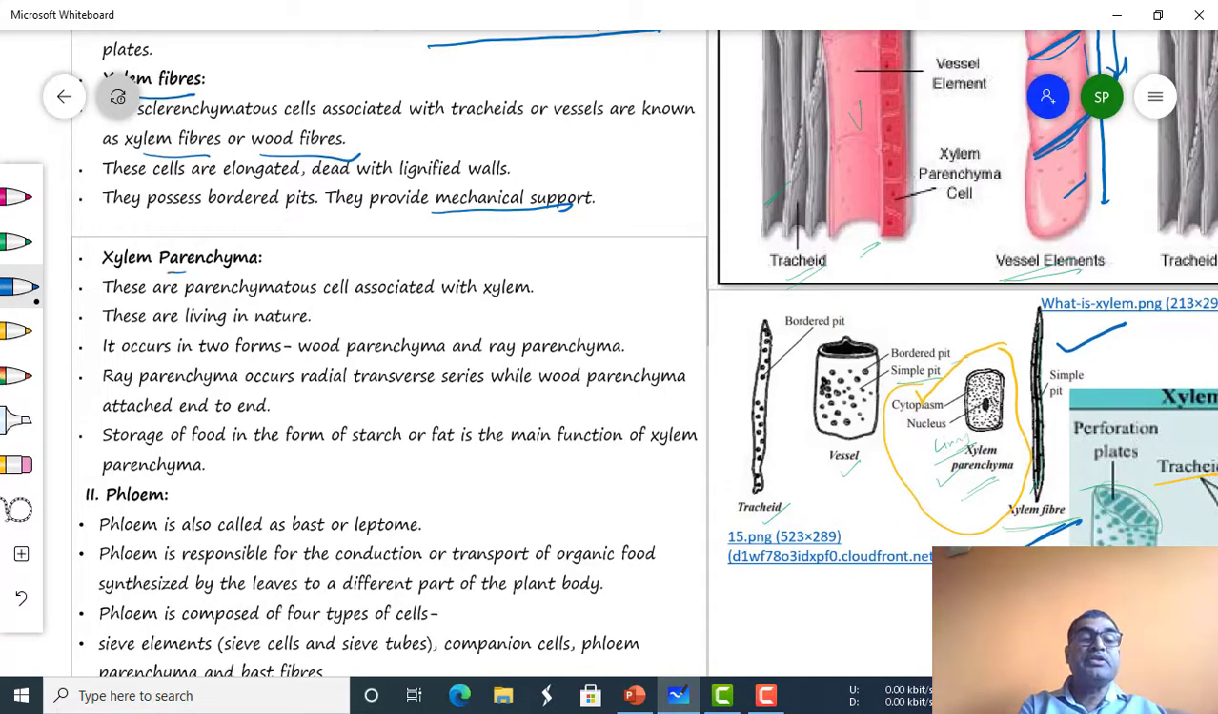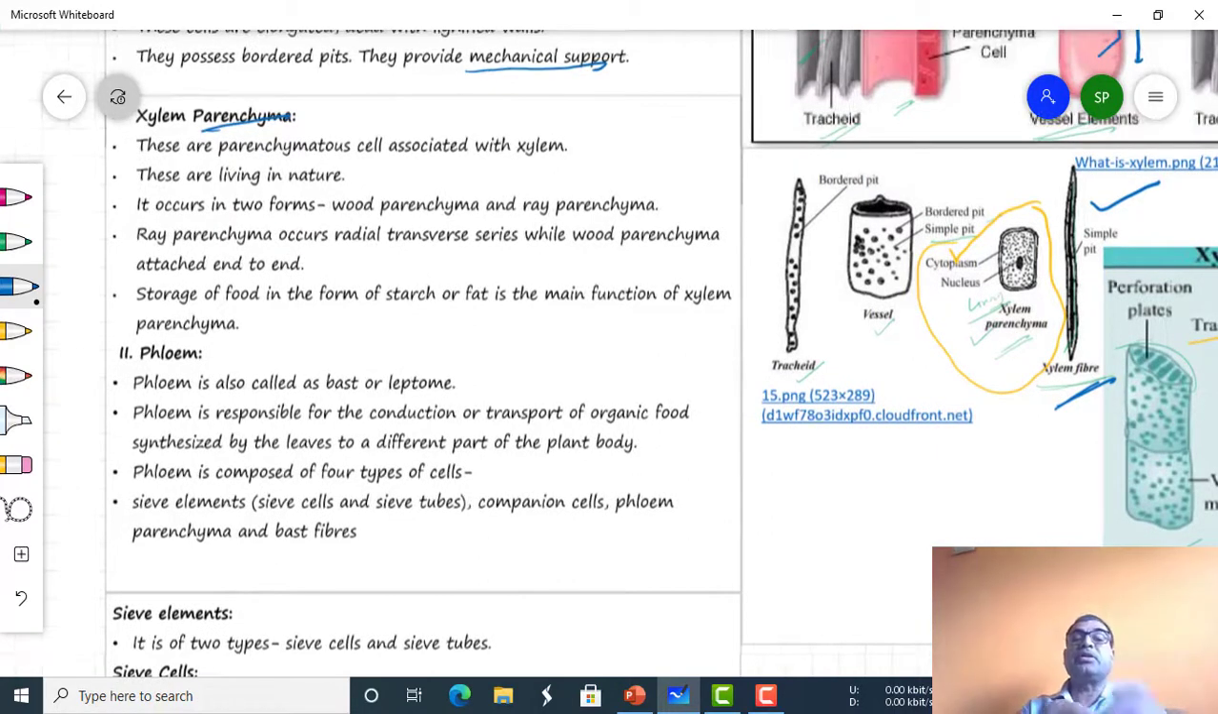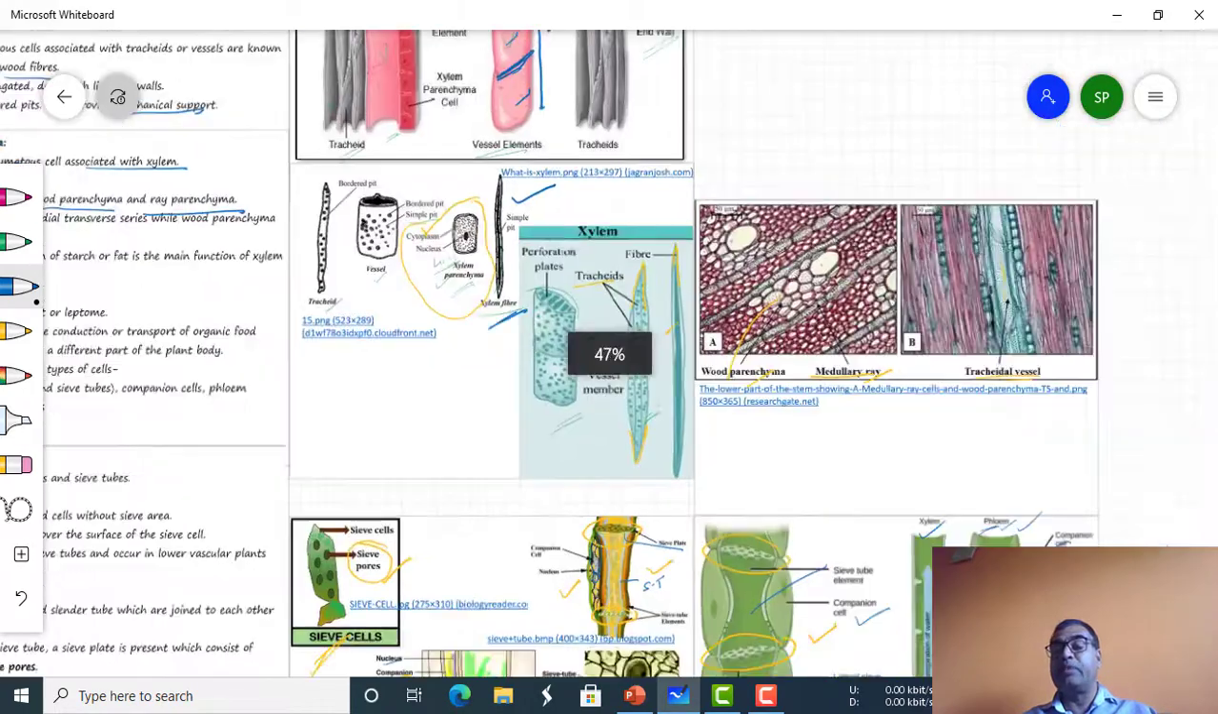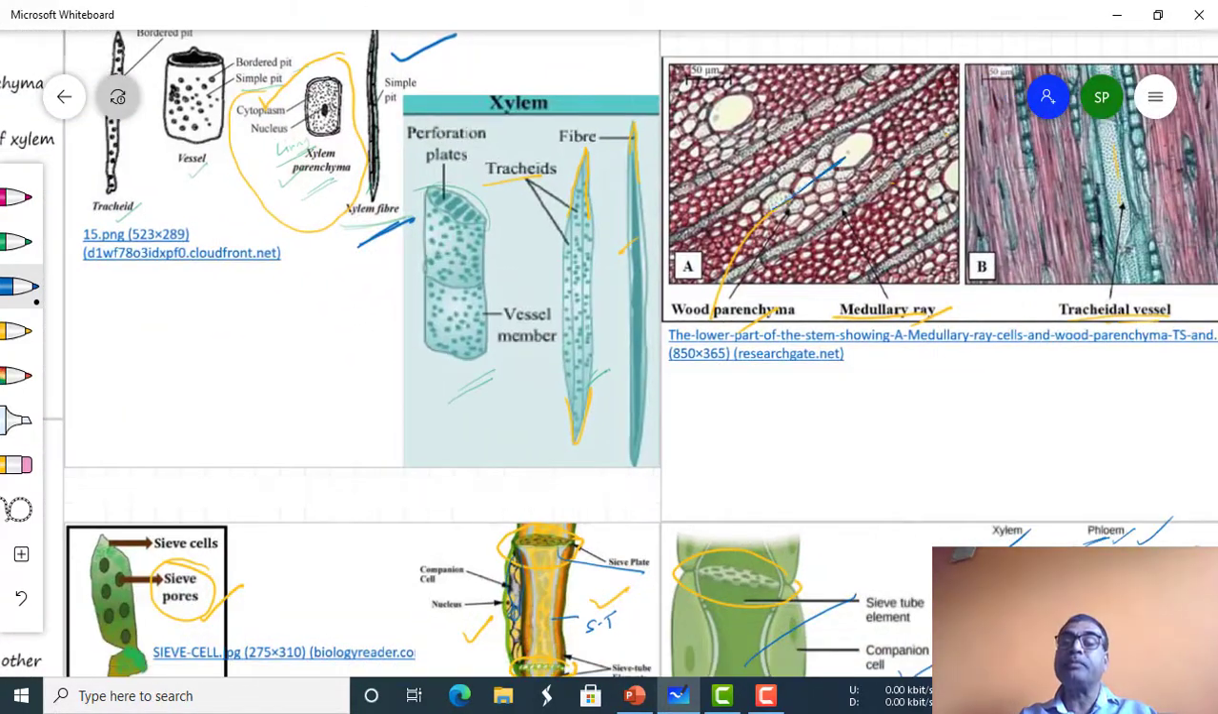And the last one is xylem parenchyma. What is xylem parenchyma? These are the parenchymatous cells which are associated with the xylem, and as these are parenchymatous cells, these are living ones. Okay, it is present in two forms, wood parenchyma and ray parenchyma. Which is a wood parenchyma and which is a ray parenchyma? This one is a wood parenchyma, and these longitudinal series form the ray-like structure,